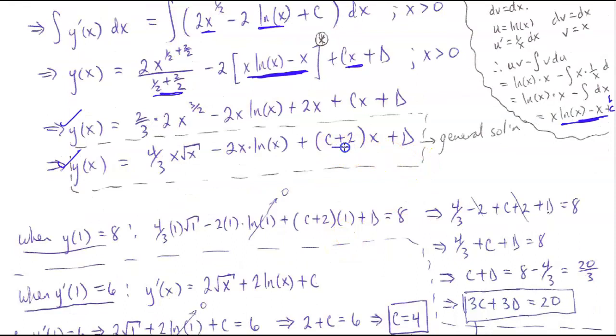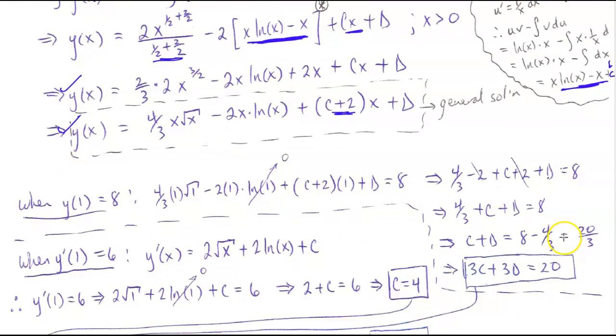And then, of course, here I could have named this something else, but I chose to keep it this way just to keep the integrity of the problem together. And here we just apply our initial conditions at this point, okay? So here when x is 1, y is 8. We let x be 1 and figure out what we have. And so in this case, once we do that and simplify everything, we see that we have